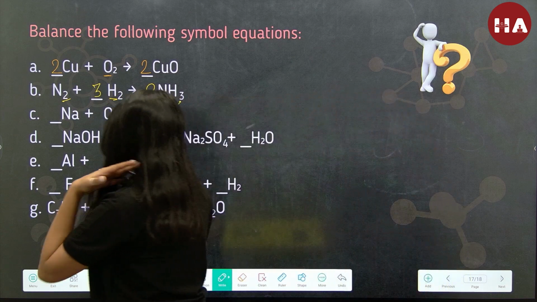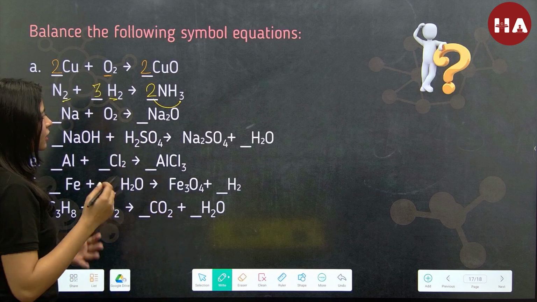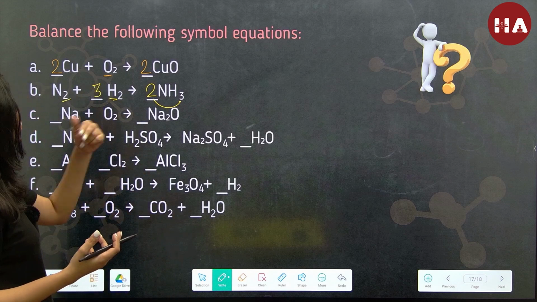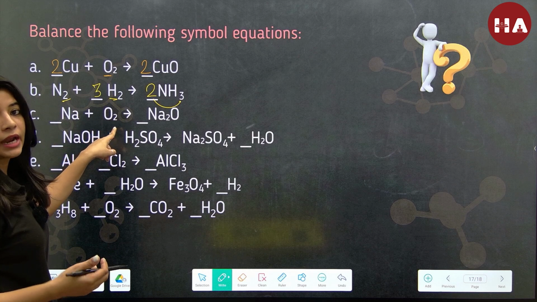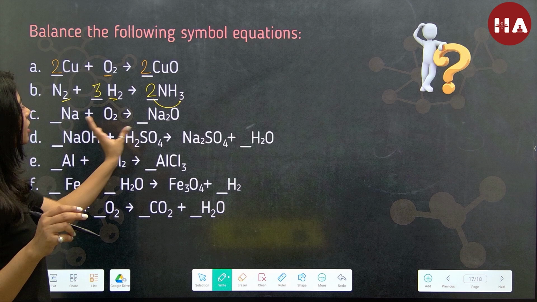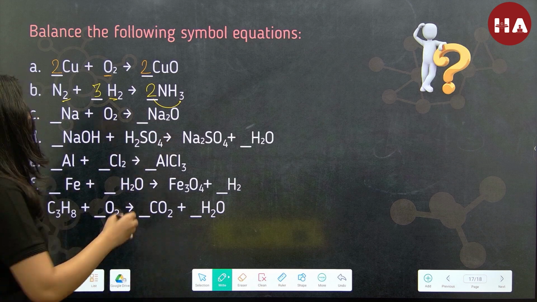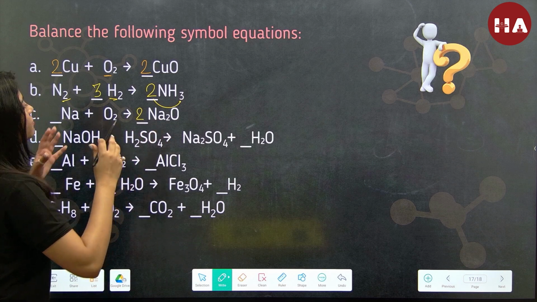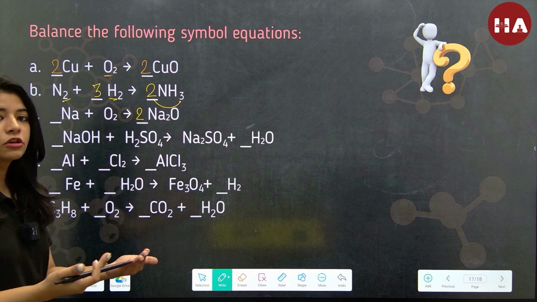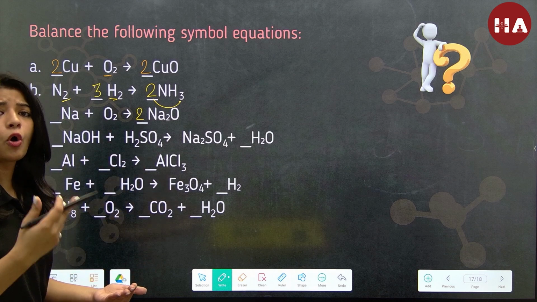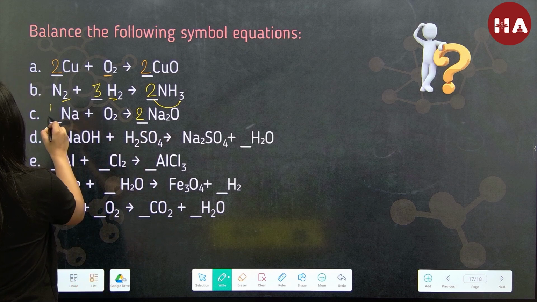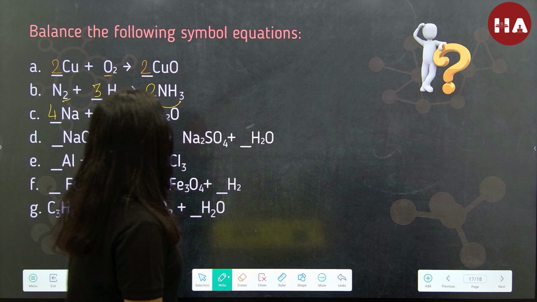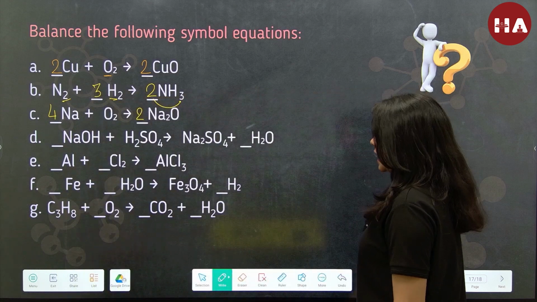Now let's check another. Sodium is being reacted with oxygen to give Na2O. Here you can see 2 oxygen atoms in the reactant side, but in the product side only 1 oxygen you can see. So let's make it 2. By balancing this oxygen, I'm also altering the number of sodium. So this now becomes 2 times 2, which is 4. So let me add 4 over here, right? Next is